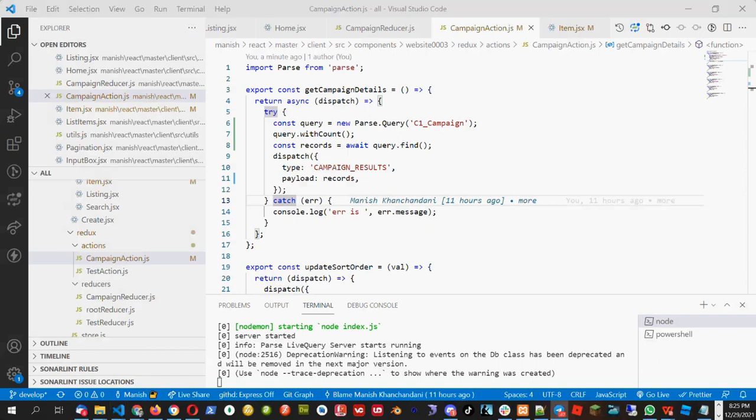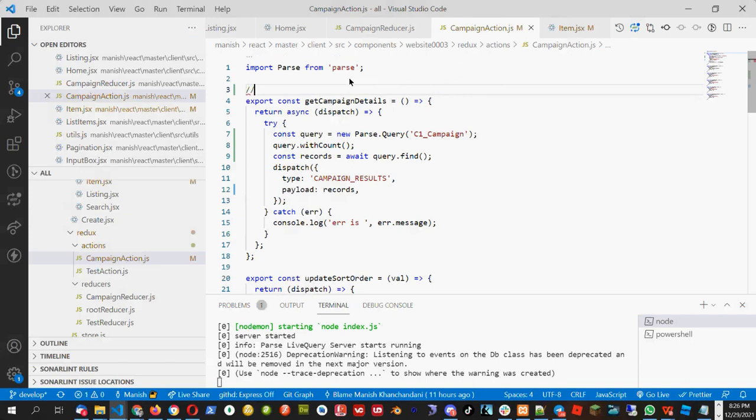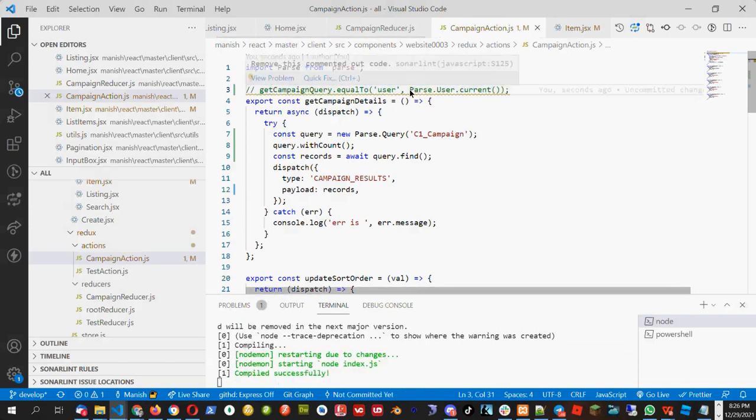Okay, now let me comment on the solution which Rakesh and Sonu Singh have given in the chat before the class. First, a comment to Sonu Singh. You have written query dot user equal to pass dot user dot current.